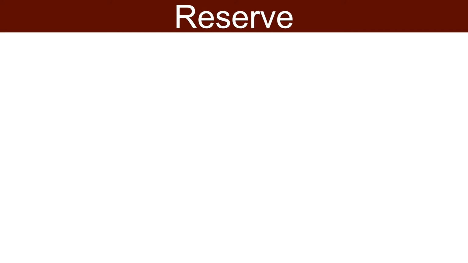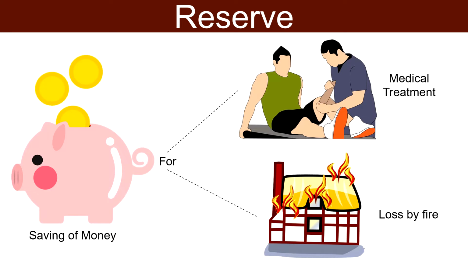Coming to reserves, we all know that our future is not certain and anything can happen at any moment. There are many contingencies and needs. So, as we make arrangements for expected losses, we can also do the same for unexpected ones. That is, we could save money and when any unexpected event arises, we can use that money. Therefore, the amount that is kept aside from current income to meet unexpected happenings in future is called reserves.